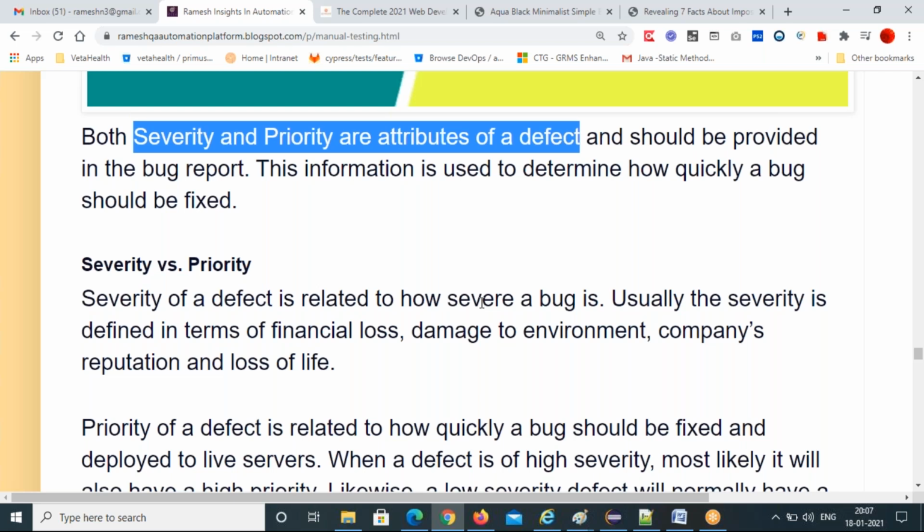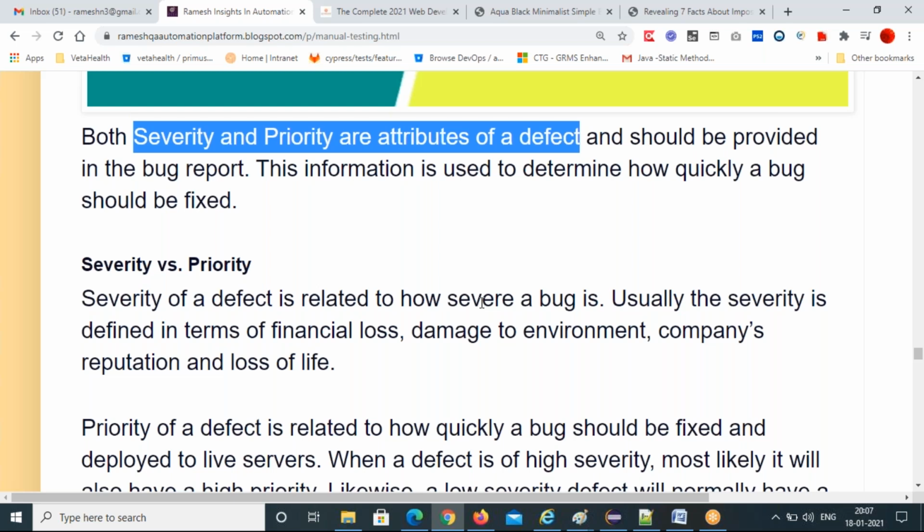This bug is damaging our application, this bug is doing that much damage. That is called severity. Severity is how severe a bug is, how much functionality is affected due to this bug.